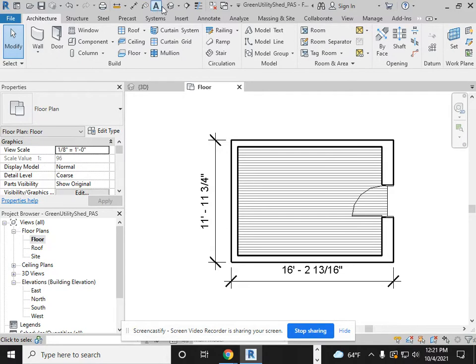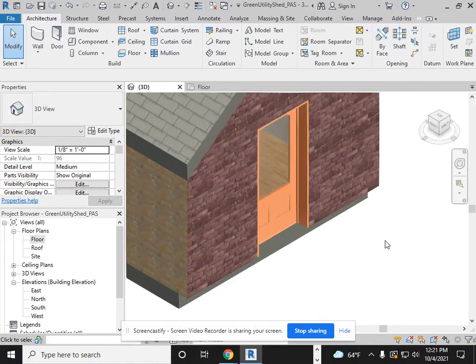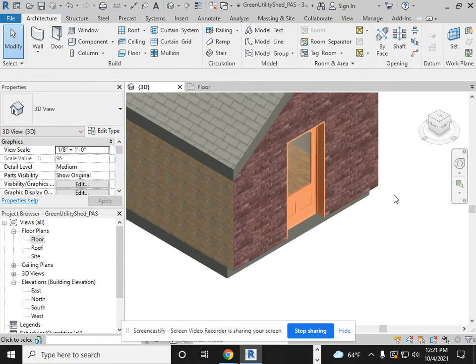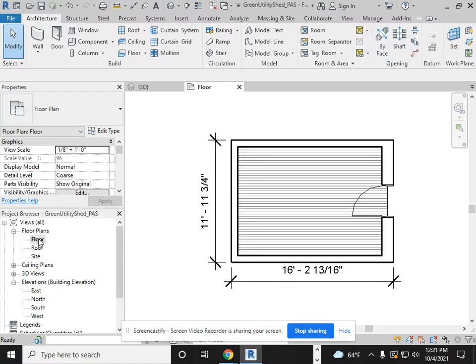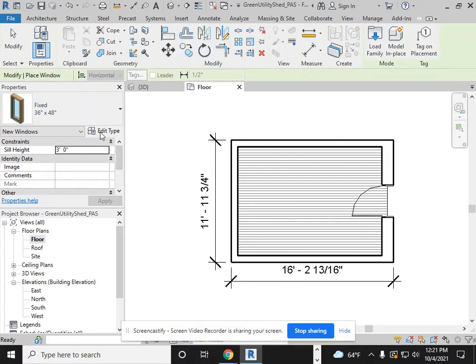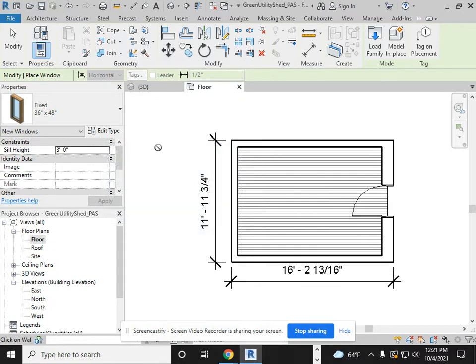And then just for giggles, we can take a look at this in 3D and see what this looks like. And there's my door in the wall. Now, I'll go back to the floor plan, and I'm going to go to Architecture tab, but I'm going to select Window. And there's a lot of choices here for windows also. So I'm going to load the family,